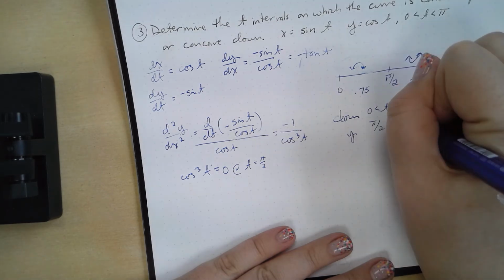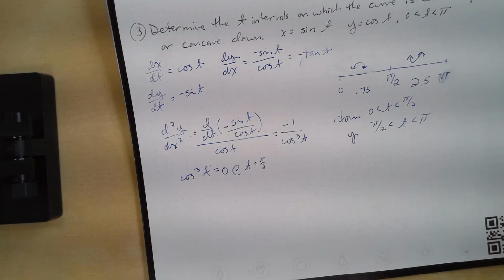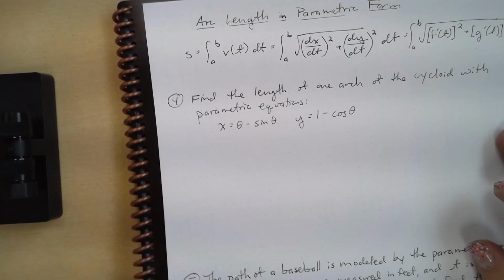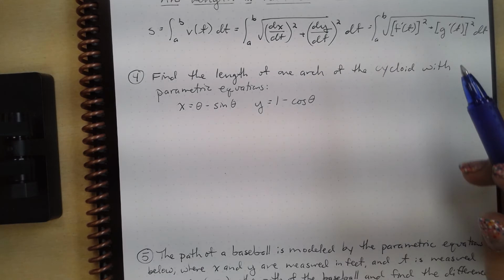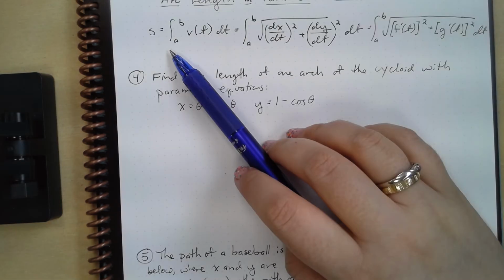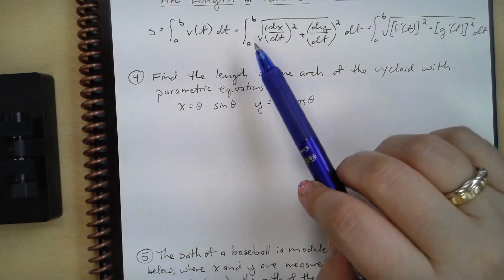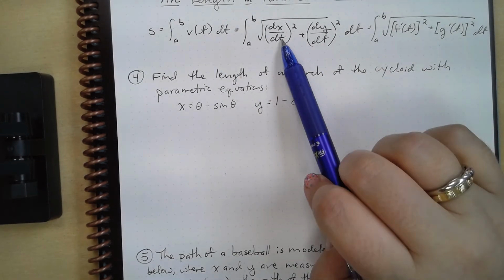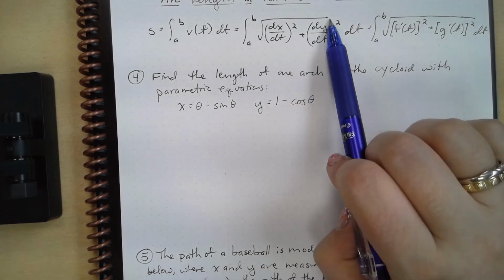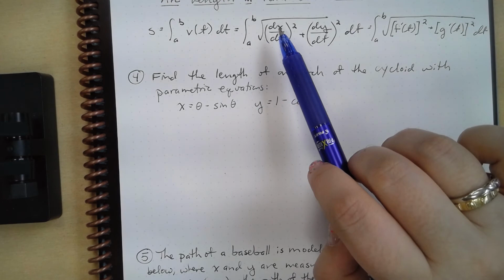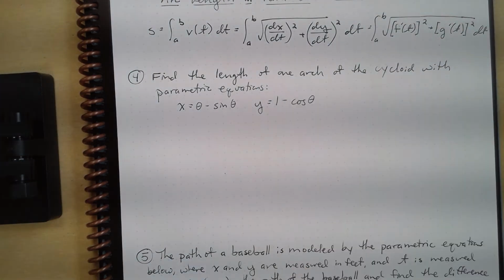Okay? Let's just talk one last thing about arc length in parametric form. So arc length in parametric form is going to be in the form arc length s is the integral from a to b of v of t dt. Well, what's v of t? The integral from a to b of the square root of dx over dt squared plus dy over dt squared. Okay? So basically, we're just using our previous information about finding parametric form derivatives and using them